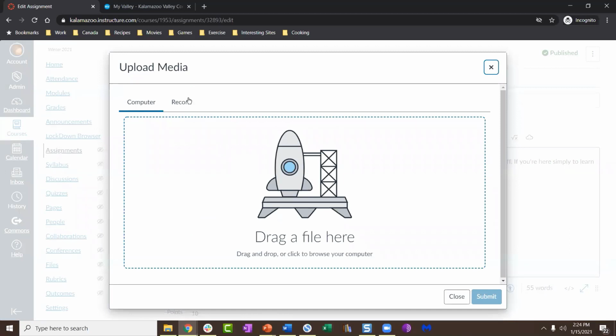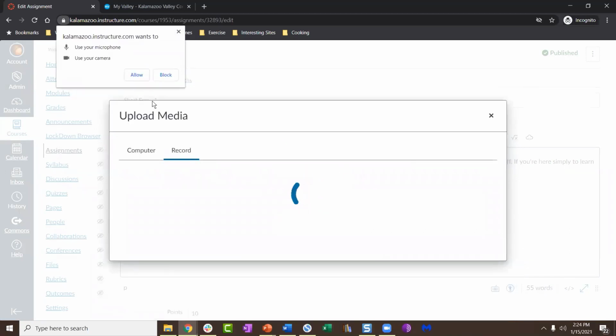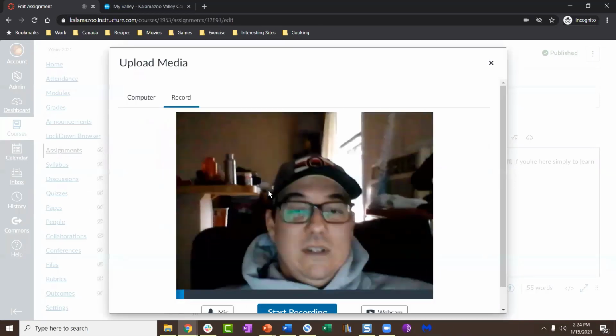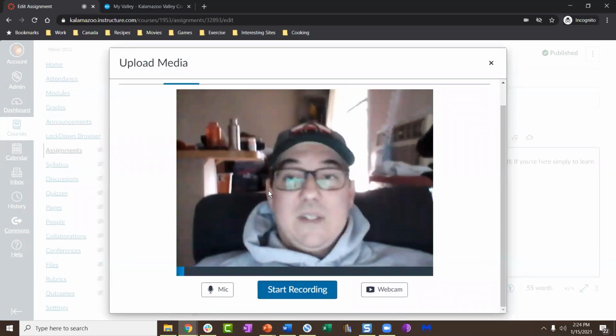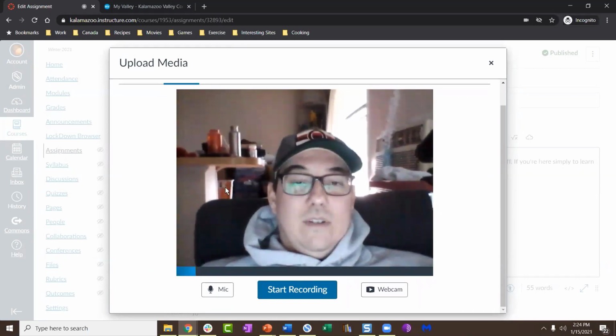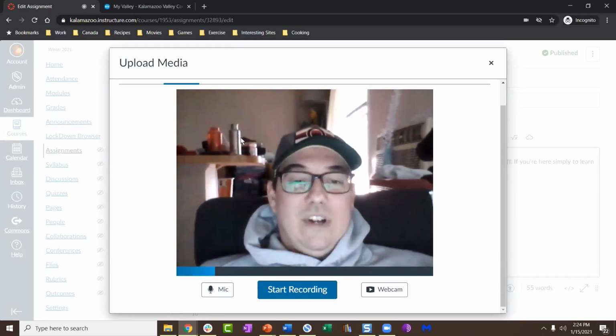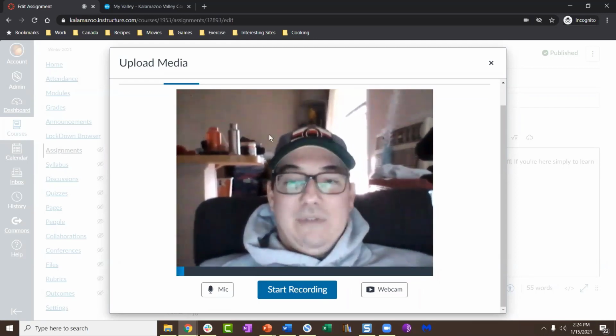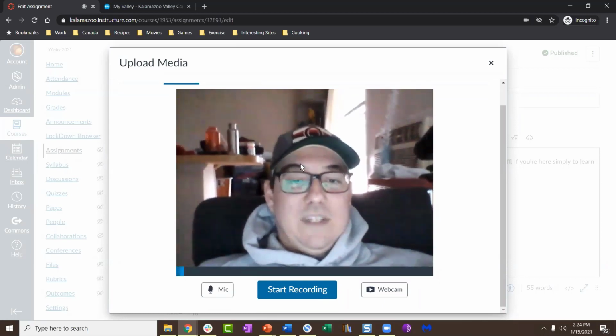So Canvas allows you to record directly within the RCE. This won't work perfectly. Oh, well, it's showing my face. Because my camera's turned off. So if you're doing a Zoom call and your camera's turned on, you can't use your camera for two different features. So normally when I have done kind of displays about this, it doesn't show my video preview, but it shows,